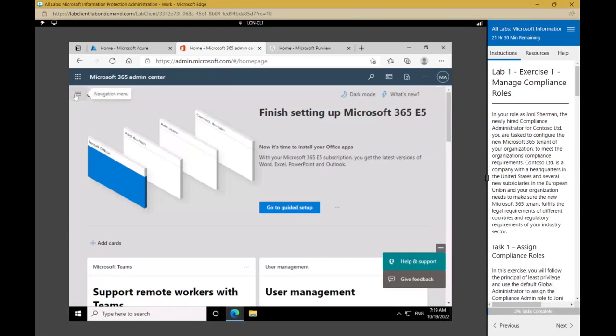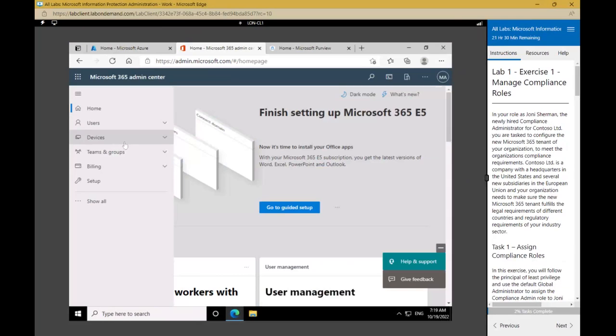Yesterday we saw that right here we can manage user settings, devices. So we can discover what are the related devices to onboard in our tenant. Also, we can discover what are the active teams and groups that we have in our organization, and well, general